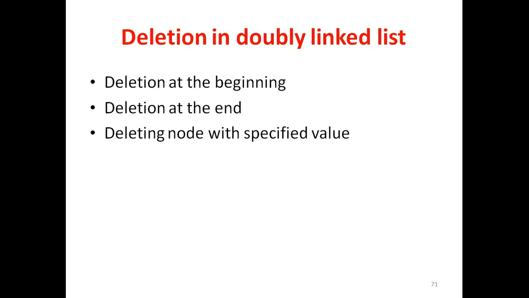But previously, when we were deleting nodes from any linked list, we were actually deleting a node after a particular node position, or we were deleting a node at a particular node position. But here, this case I am saying deleting node with specified value. That means here we are not considering the position of the node. We are considering here value of the node, right? Is that clear? Are you getting me?